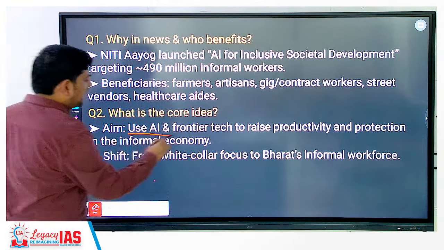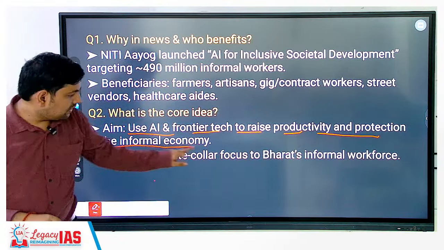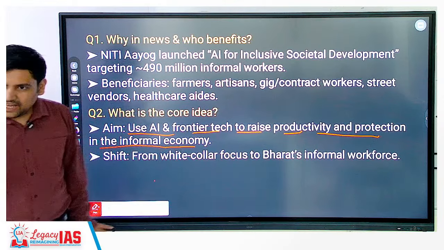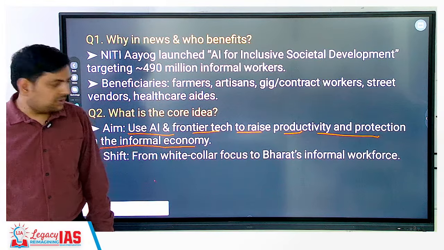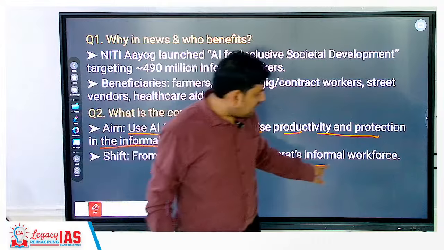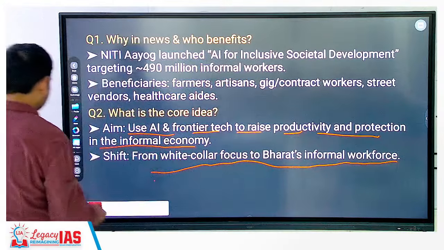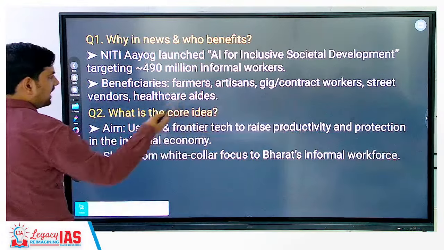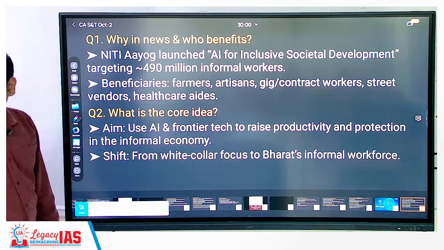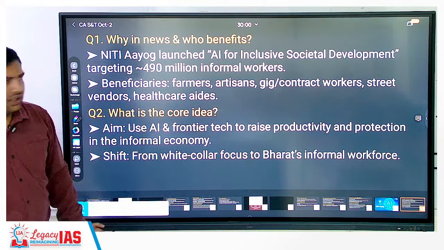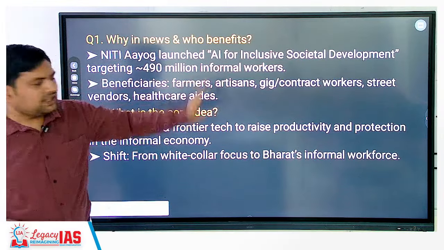Use AI and frontier tech to raise productivity and protection in the informal economy. Now, what the aim in one line is, right now AI is totally white collar centric. Only white collar people are using it. So from white collar focus to Bharat's informal workforce, they want to take it to them also. Then beneficiaries, as you can see: farmers, artisans, gig or contract workers, street vendors, healthcare aides, all these can use AI in different ways. Then this is launched by Niti Aayog and will impact 490 million informal